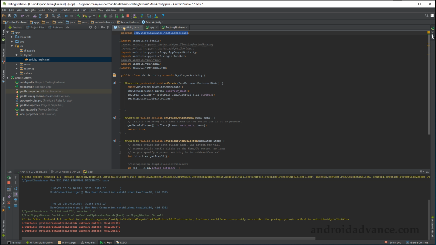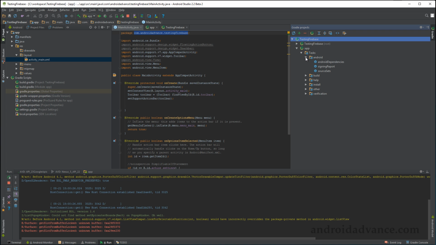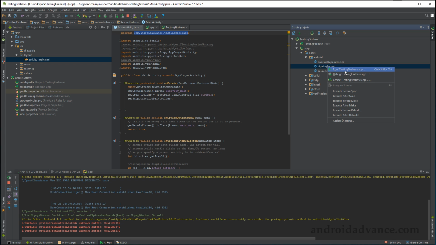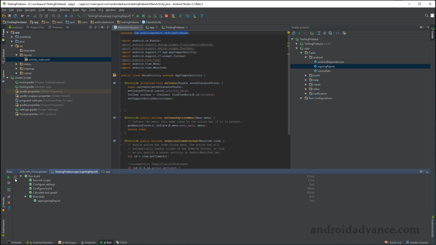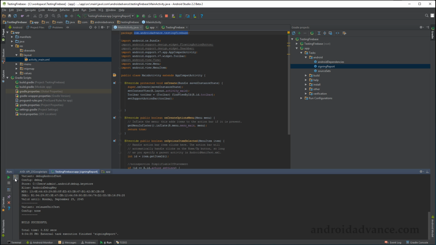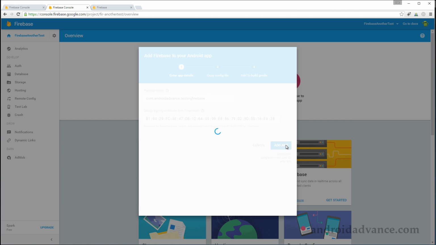So here is an easy way to do it. In Android Studio, click on Gradle and expand the app task, and then the Android, and click on signing report, and right click on it and click run signing report. And it should appear something like this, and you can toggle text view with this button here, and from here you can just copy the SHA1 of your debugging certificate and paste it here. Click add app,